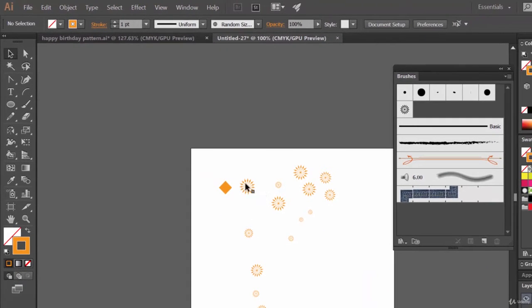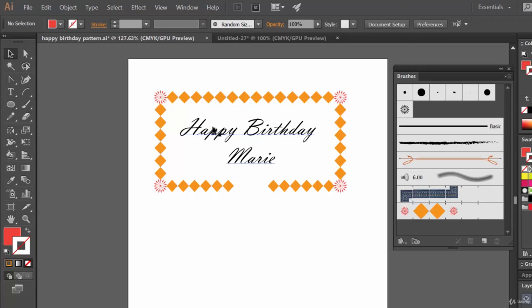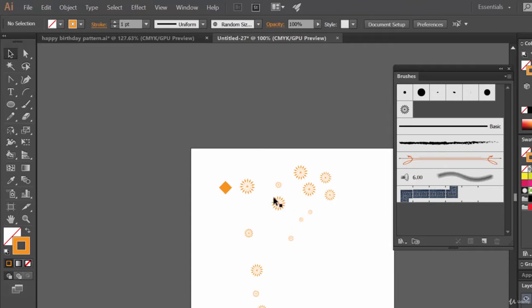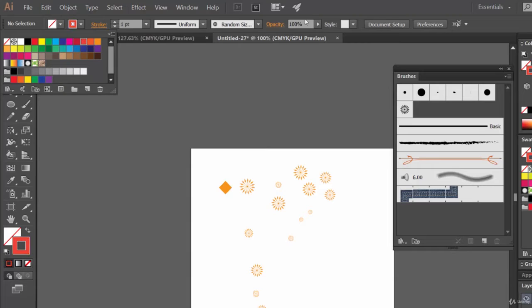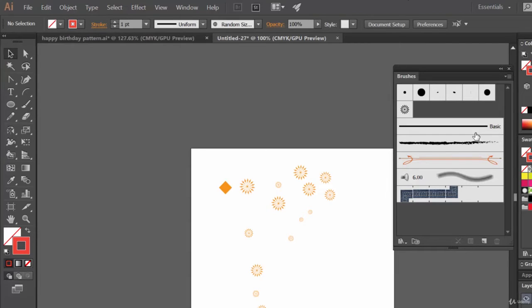Now actually what I'm thinking is that, see, this flower color is red, right? And these are all orange. So let's select this red color as stroke. Select this brush again, select the brush tool, and let's draw few more flowers.